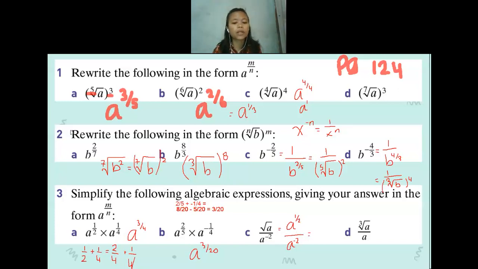So it means we have to do the subtraction for a half minus negative 2. How many will it be? Can you help me to simplify? A half minus negative 2. How many will it be? Hello? How many will it be, yeah? Negative 1 by 2. Are you sure?